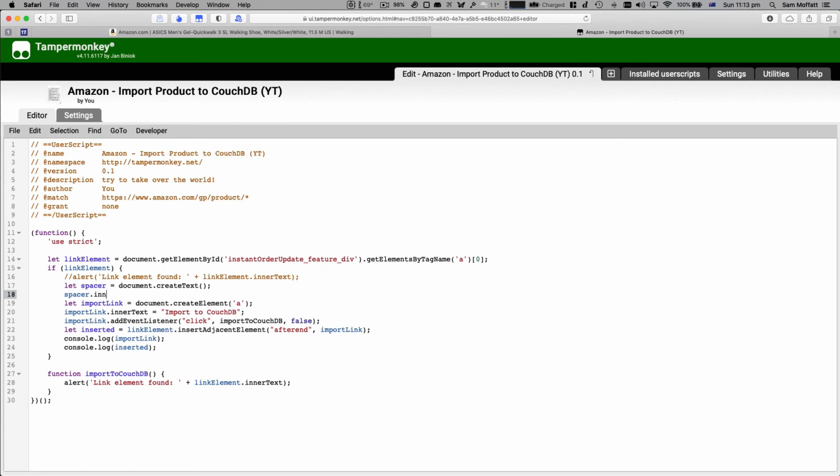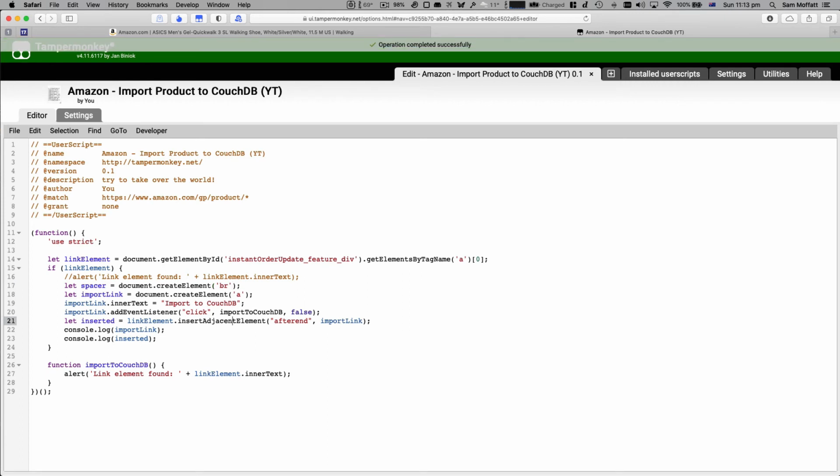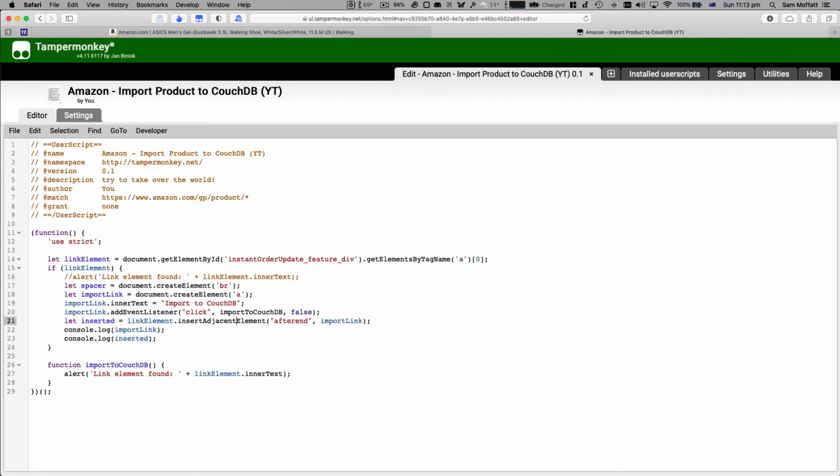Spacer dot inner text equals, actually, can we create an element? Actually, what we'll do is we will create a BR element, which is a break rule or a new line, and what we'll do is inserted one will be our spacer,